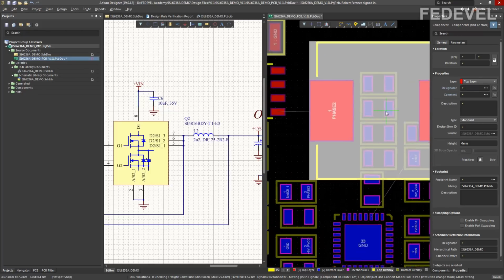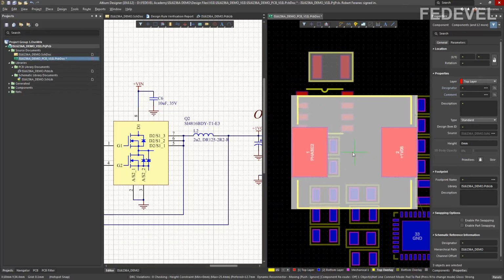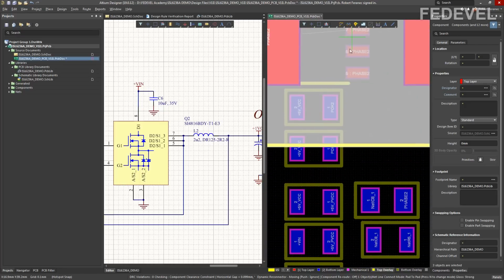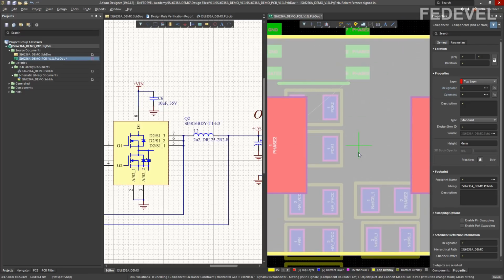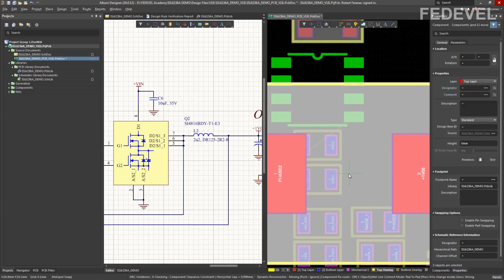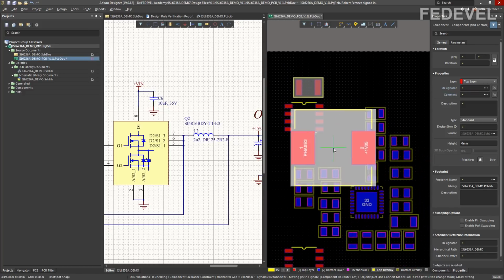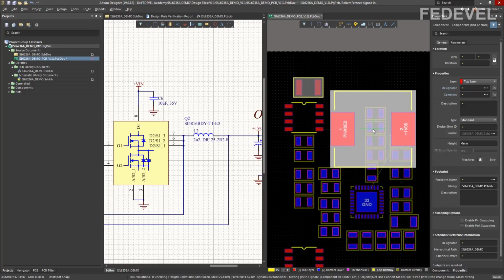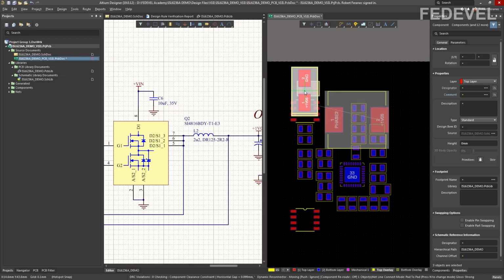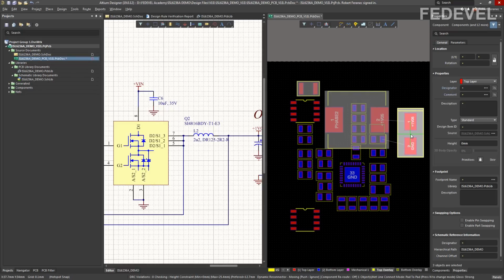Place this one, have a look at the names of these paths. Okay, so I'm going to place it like here and rotate, place the capacitor maybe like this.